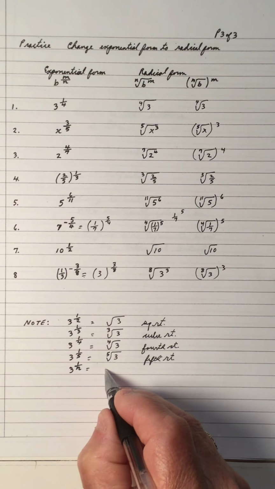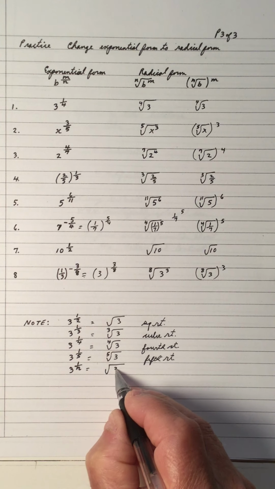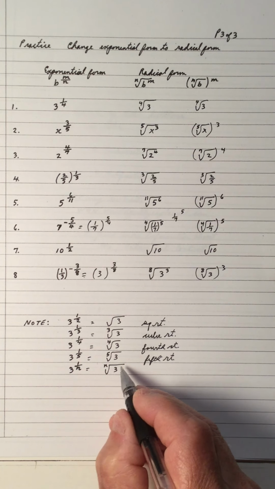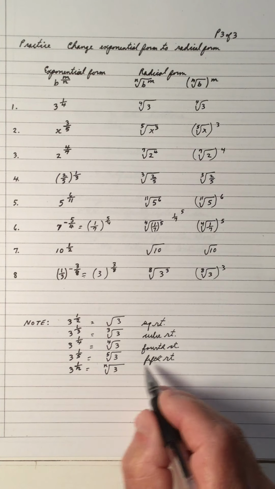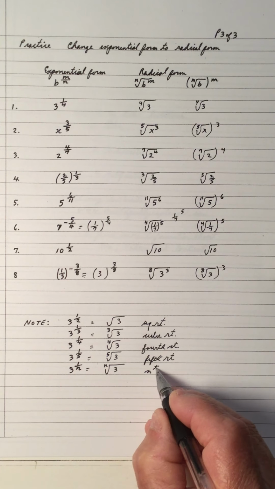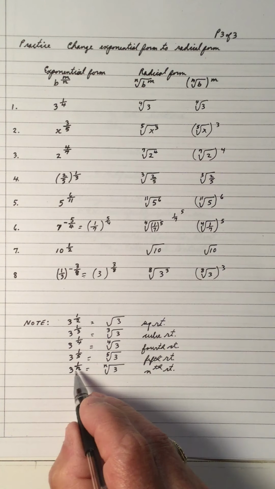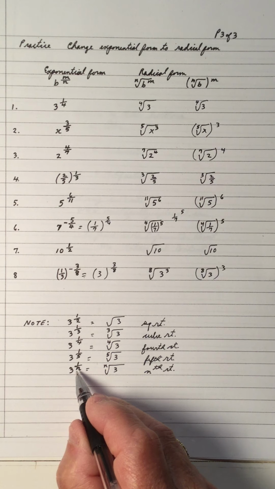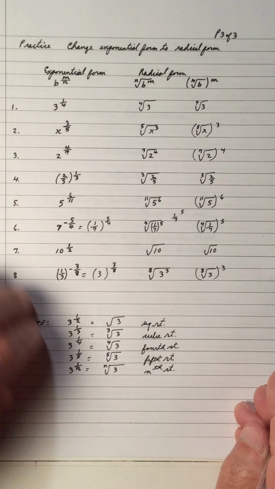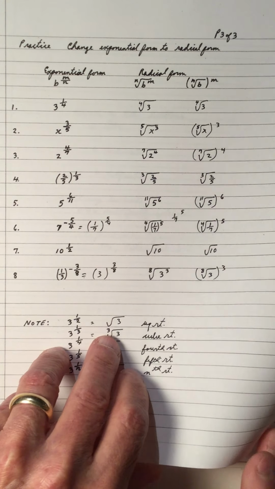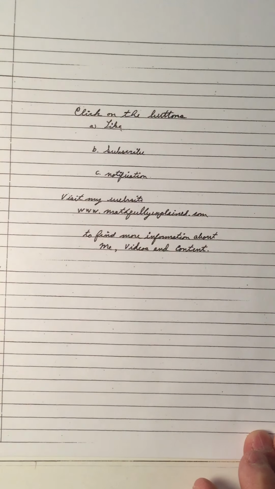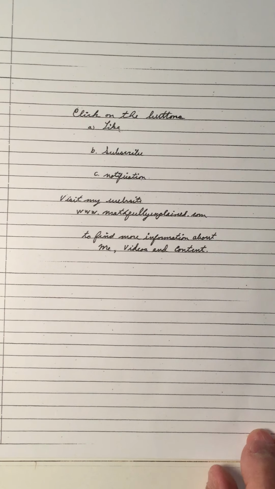And the ultimate one, or the one at the end. Base is 3 to the n. 1 is understood to be there. So this is the nth root. This could be a 6, a 7, a 10, 12, but that's the nth root. So that brings us to the end of this video on changing exponential